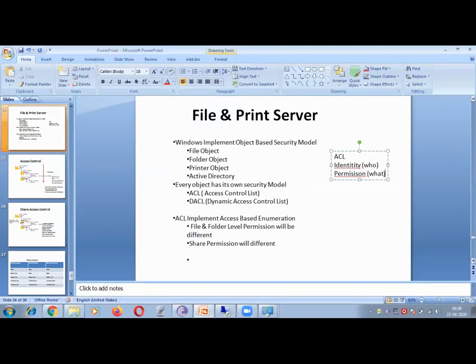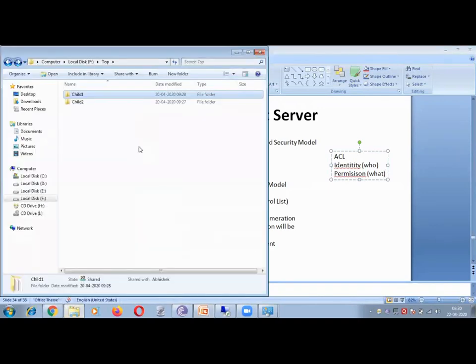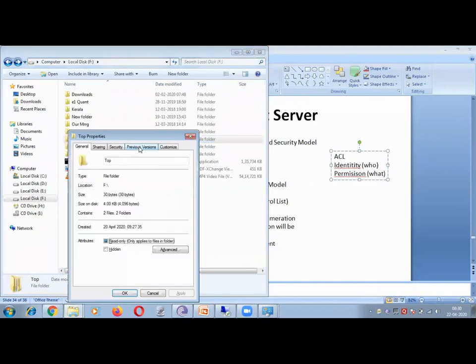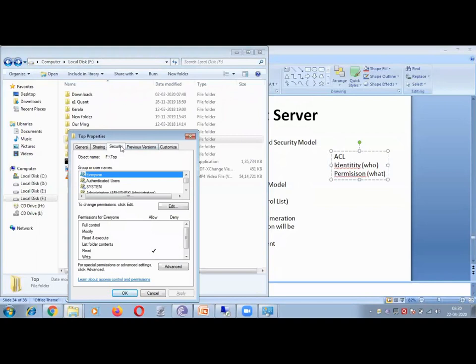Okay. So go back to your folder, right click and go to the properties, security. Now this is called the ACL, access control list. This access control list has two portions.